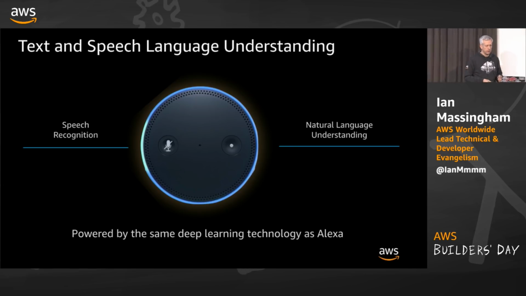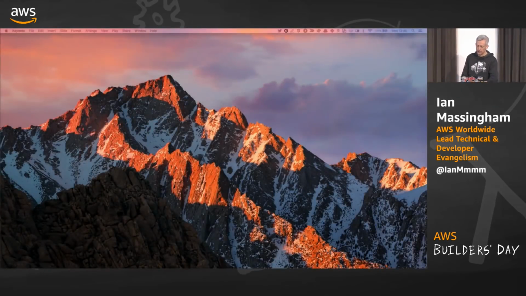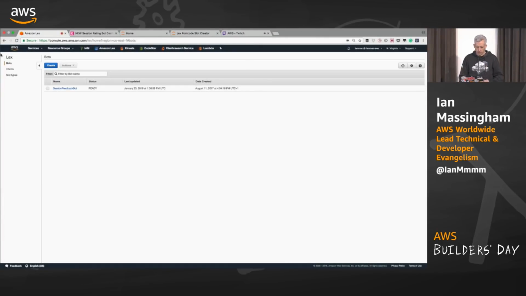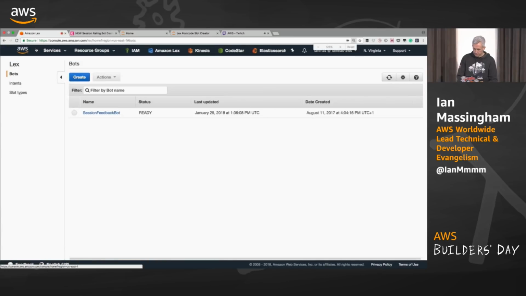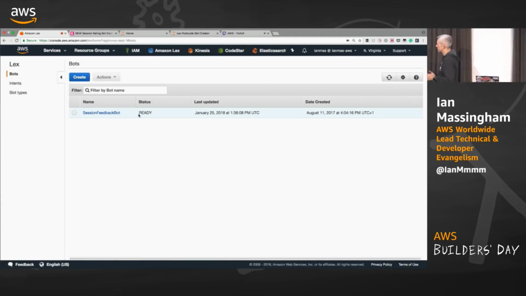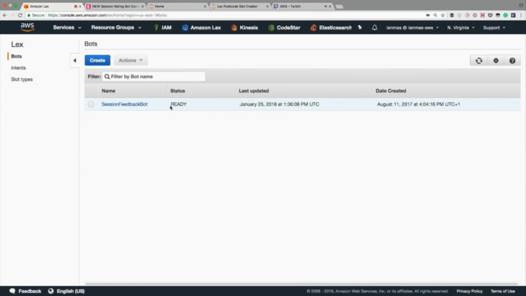So with that, I normally just jump out the slides here and show you a few things, and that's what I intend to do today as well. So I'm in the AWS console here. I'm operating in the North Virginia region. This service is available in two regions right now, North Virginia, US East 1, and EU West 1 over in Ireland. So you can run these endpoints locally. It just so happens that when I started building on Lex, we hadn't actually launched the service in EU West 1, so that's why my examples are running in North Virginia, but there's no other reason for it beyond that.